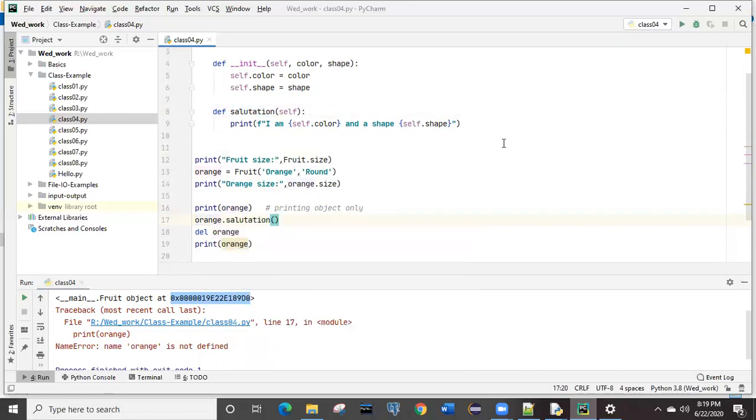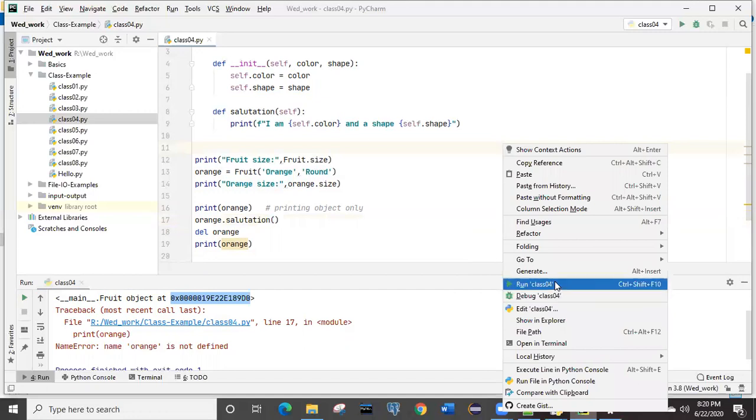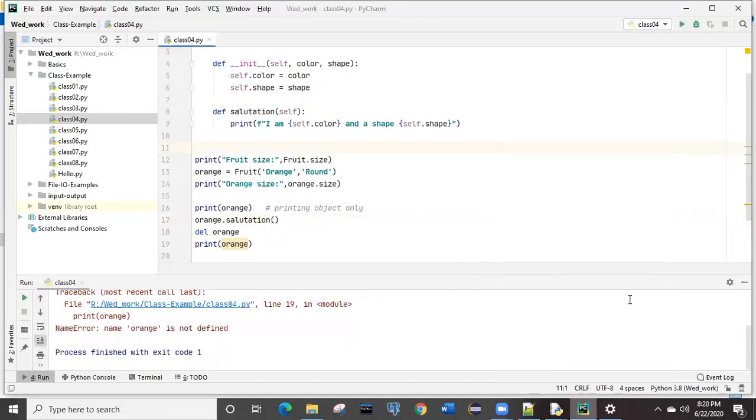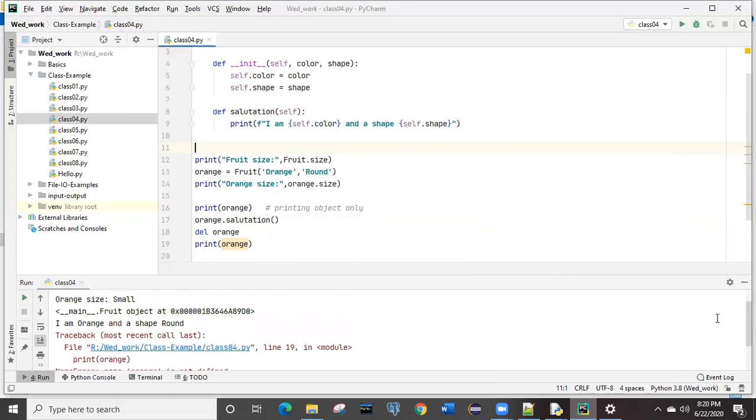So this is the method call. Now if you run, we need to see the output. This method, get salutation, is called from this line, and it will directly jump whenever this line is getting executed, line 17. It will search for the salutation type name in your class, and it will go over here.